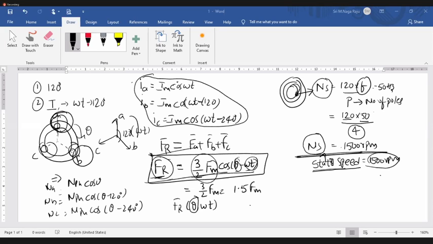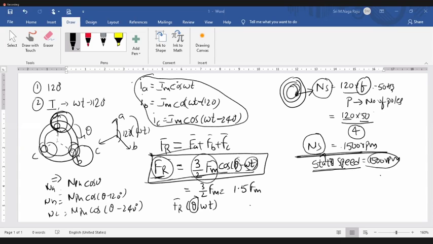Sai Raghu, what is slip? Okay, slip is not what you have thought. I'll tell you. Before discussing slip: it plays a very important role in the induction machine. The operation of the induction machine depends on the slip value.